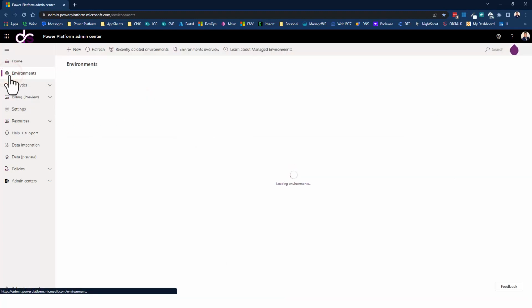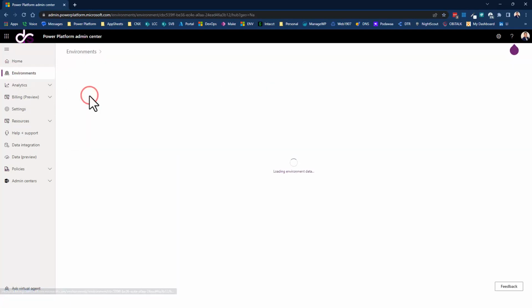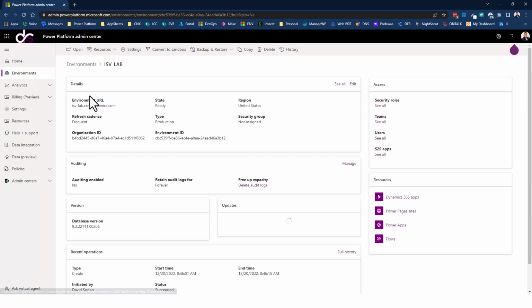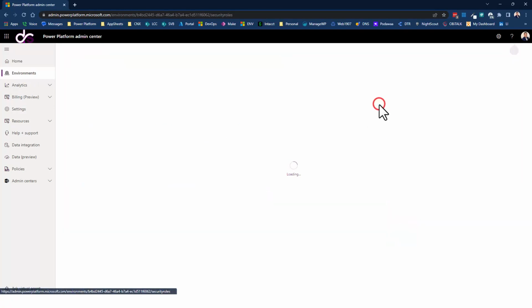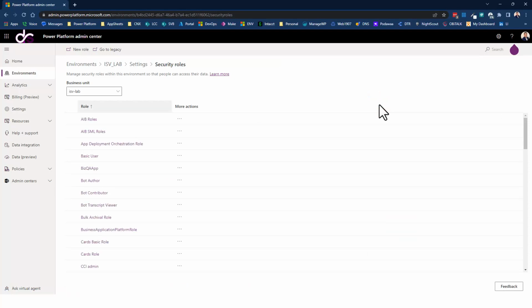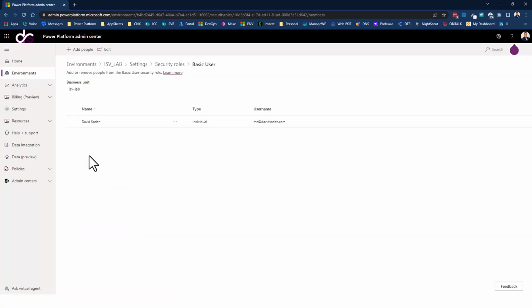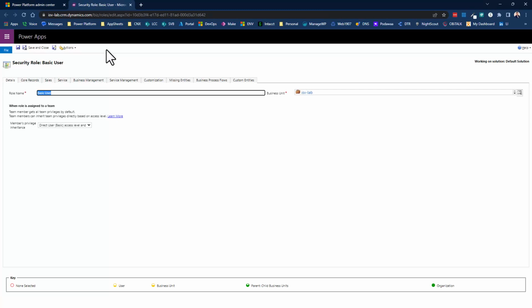All right, so back over here onto the environments, I'm going to go into the ISV lab, because this is what we were using before. And over here under access, I was using users. I want to hop up here to security roles, and this will give us a list of all of the security roles. Now, the most basic or watered down role that's out here is basic user. So I'm going to click on basic user to go into it, and I have myself in here obviously, and I'm going to click on edit,